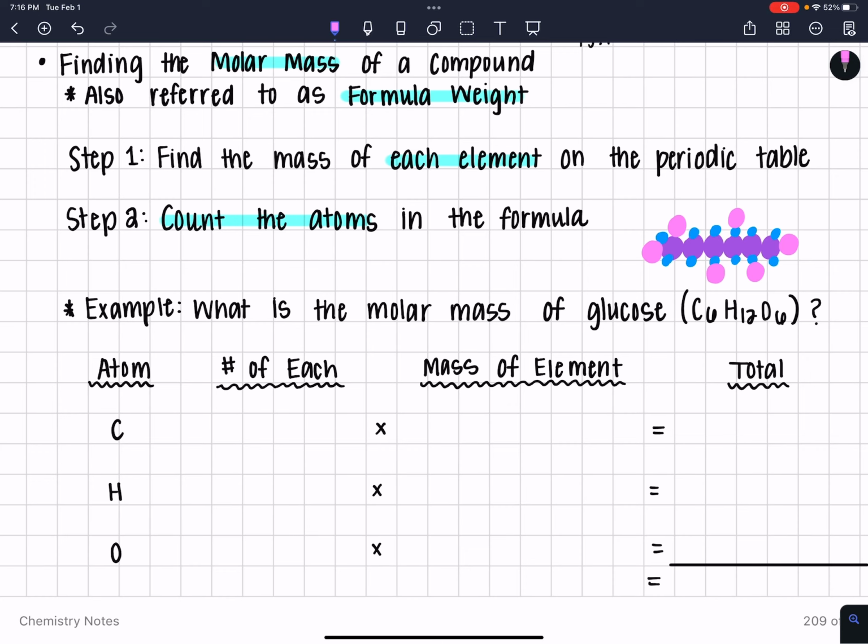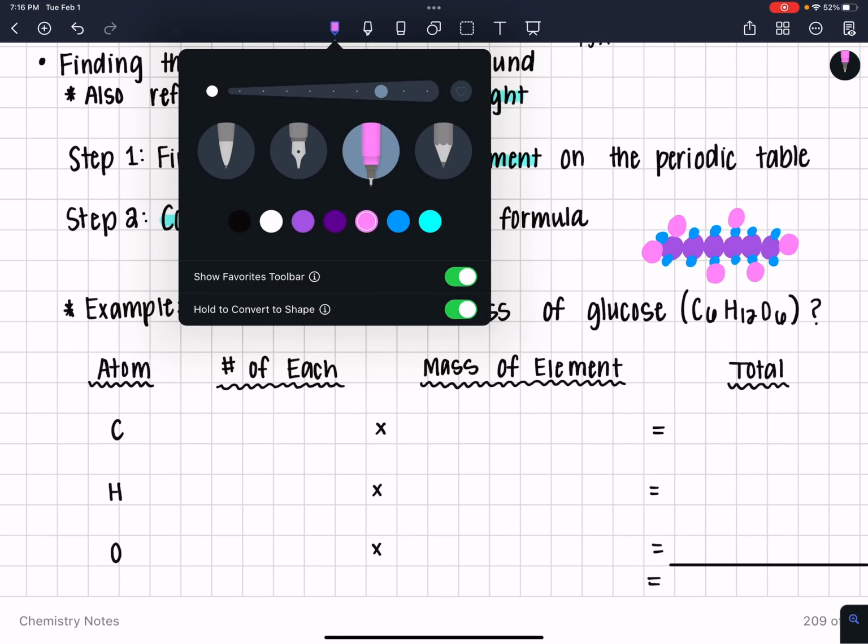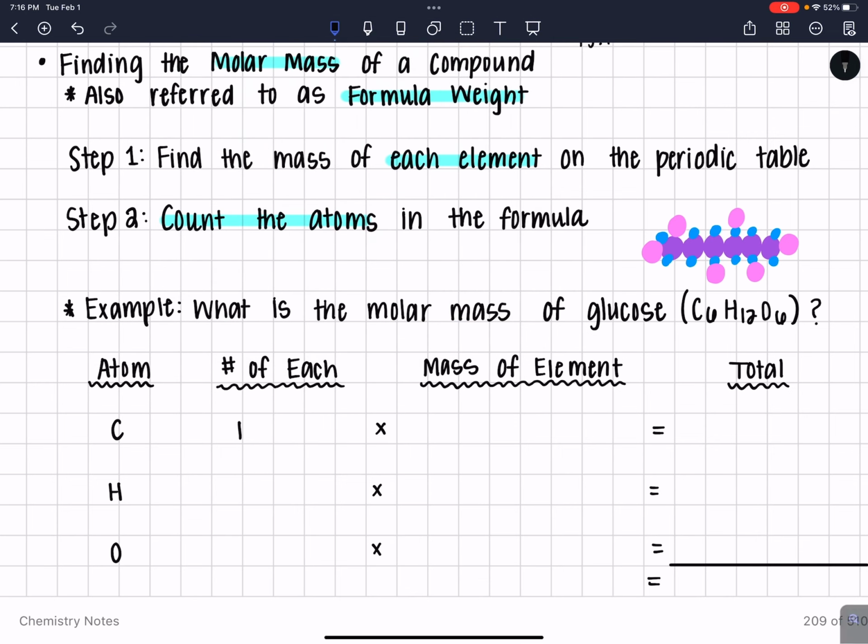So if I had a mole of these and I wanted to find the mass of a mole of these particles, I would have to add up the atomic weights of all 6 carbon atoms, all 12 hydrogens, and all 6 oxygens. So when I look on the periodic table at carbon's atomic weight, it's 12.011. And hydrogen's atomic weight is 1.008. And when I look at oxygen's atomic weight, it's